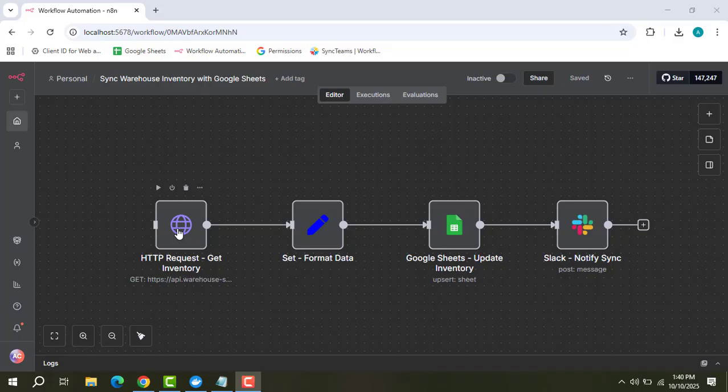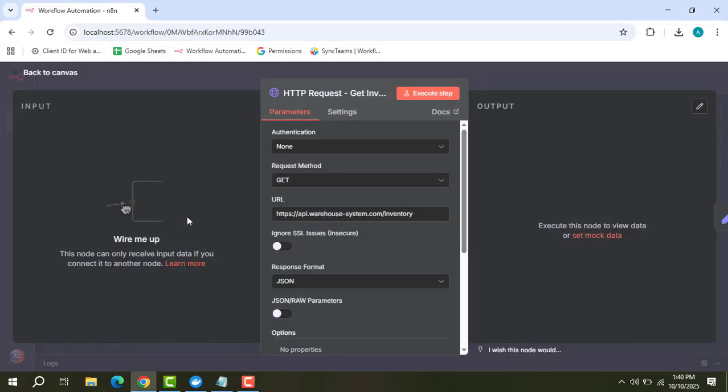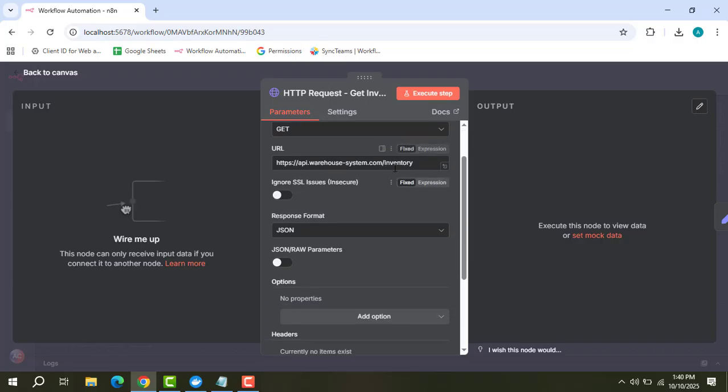First, you have the HTTP request, the GET request, the Get Warehouse Inventory. The purpose is to pull inventory data from our warehouse or backend system. Method will be GET, URL your warehouse system, and what it does is retrieve an array of products, each containing fields like the product name, the SKU,